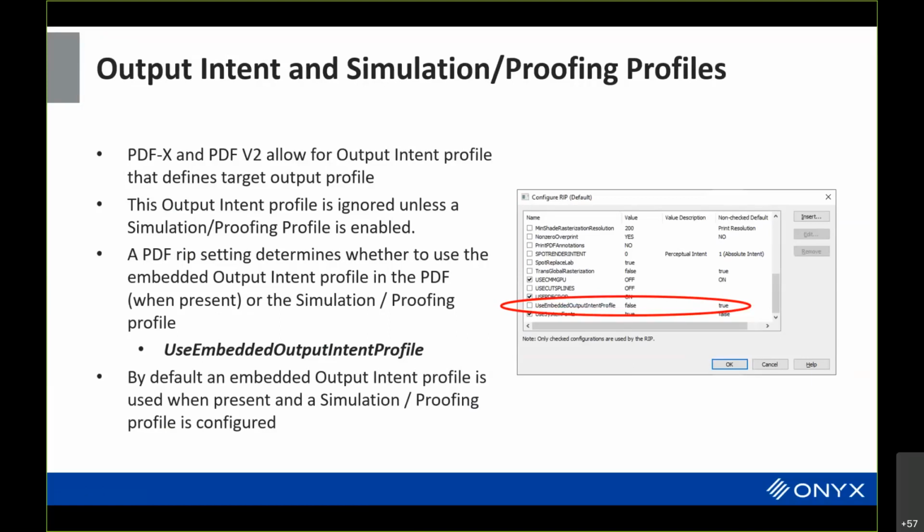If you're using my big gamut profile as your simulation profile, and you use a PDF that has some offset profile, then it will use the small press profile gamut as your intermediate, unless you check this button. And so that's really key. By default, we use this. But if you're wanting to get similar results that have wide gamut, you need to go in and turn this off, either for the system or for the job in the quick set.